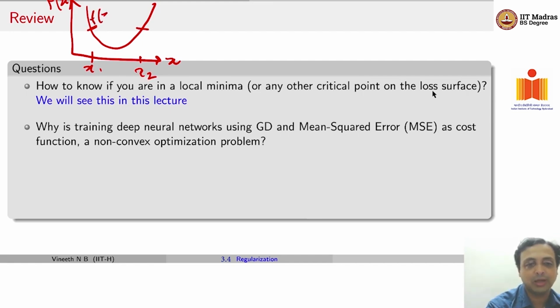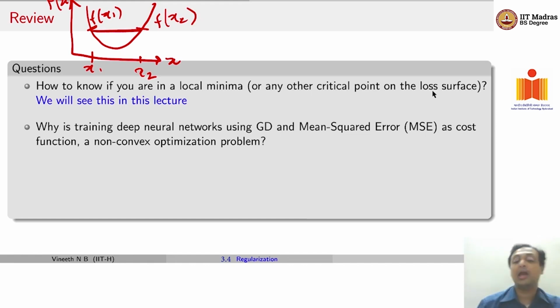Then all we say is that the line connecting f of x1 and f of x2 will always lie above the curve. So mathematically speaking, you can say that f of